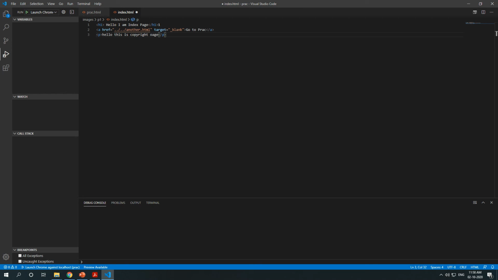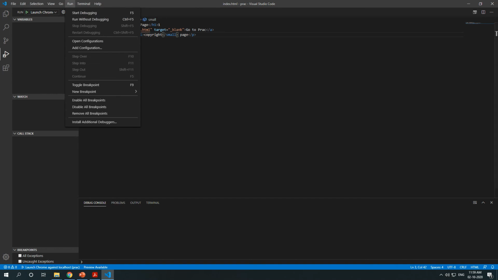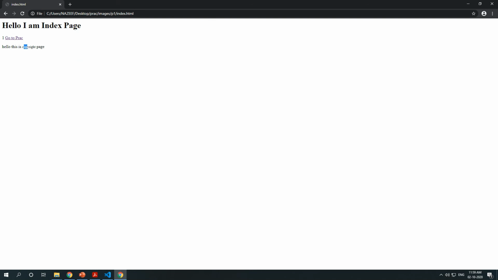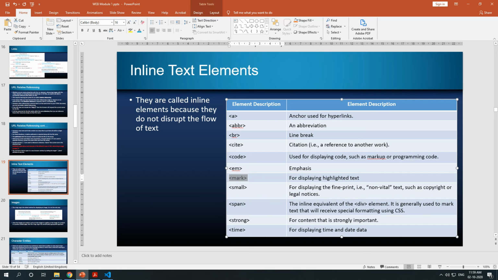I just want to show this copyright in small, so I use small, close this tag after copyright, and run this file. See, it is a little bit small compared to this text. This is why we are using small.